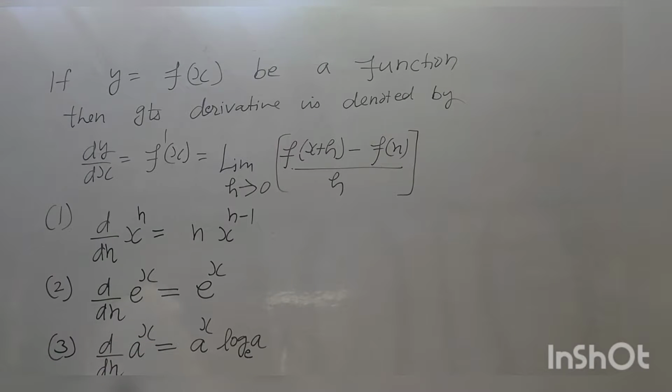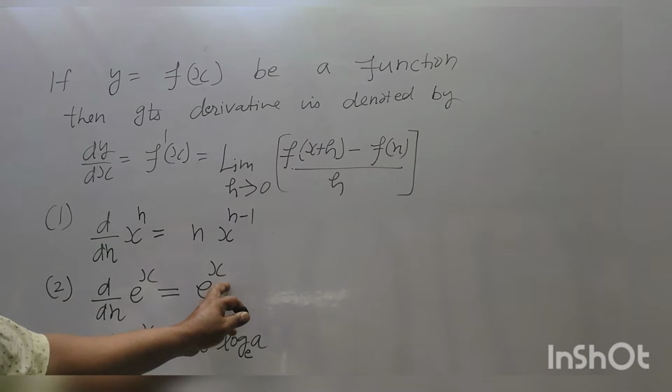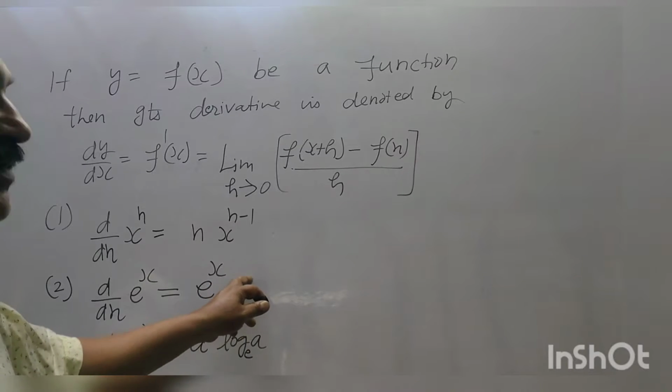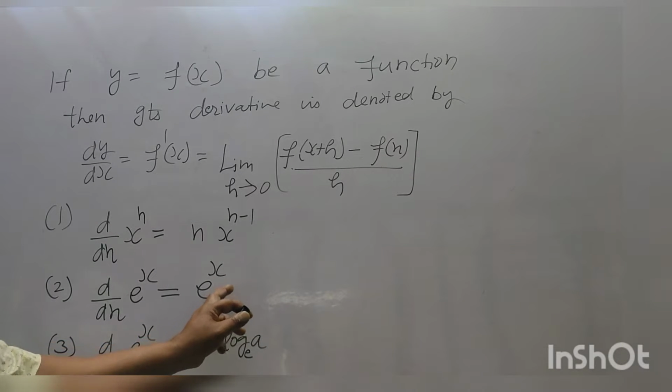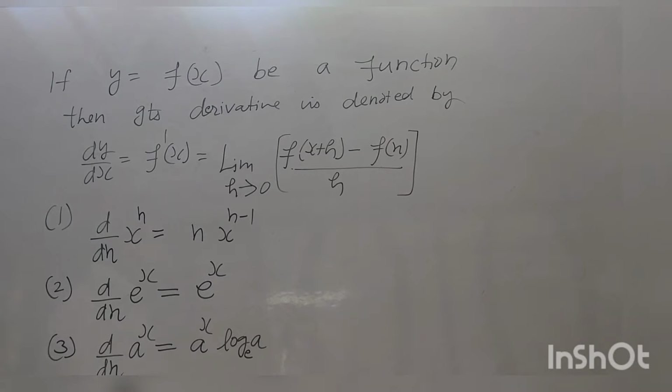And if the question is find the derivative of 5 raised to power x, then you can write it as d upon dx of 5 की power x, that is equal to 5 की power x into log of 5 base e. In this case, we can also write log of e base e, but log of e base e is equal to 1, hence there is no need to write here log of e base e. So these are the three important basic formulae of the derivatives.